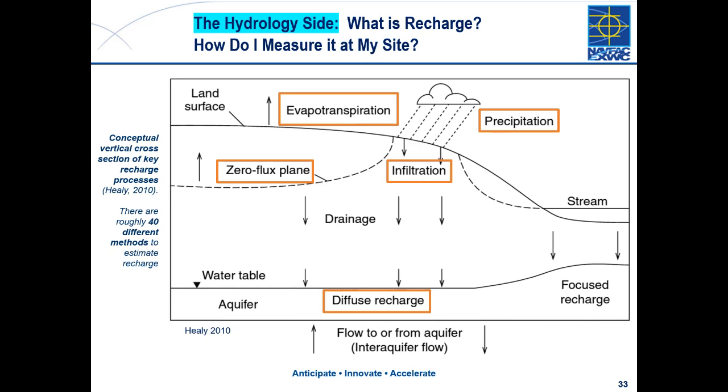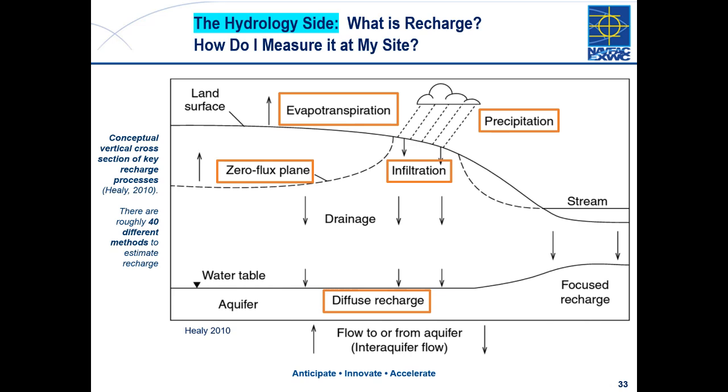And so we can see here that on the left end, there's some different things that happen that make the difference on how much infiltrates versus how much recharge. There's evapotranspiration where water is sucked out of the top part, the shallow soils, and you can actually have the pore water moving up. And so there's a dividing line between where pore water is moving up during dry periods and moving down during wet periods. And that's called the zero flux plane that you can see here.